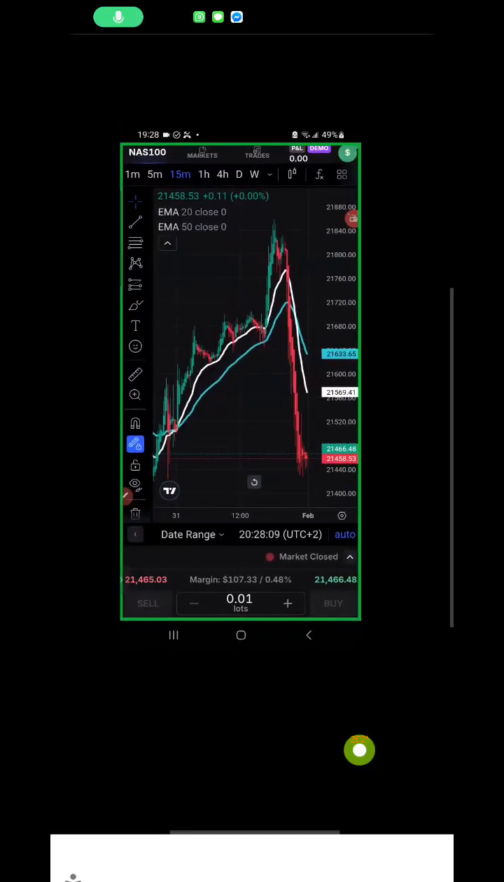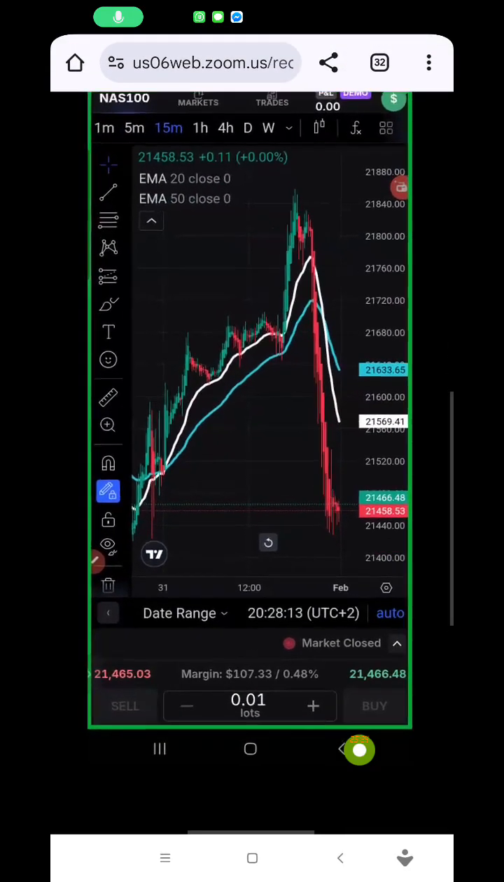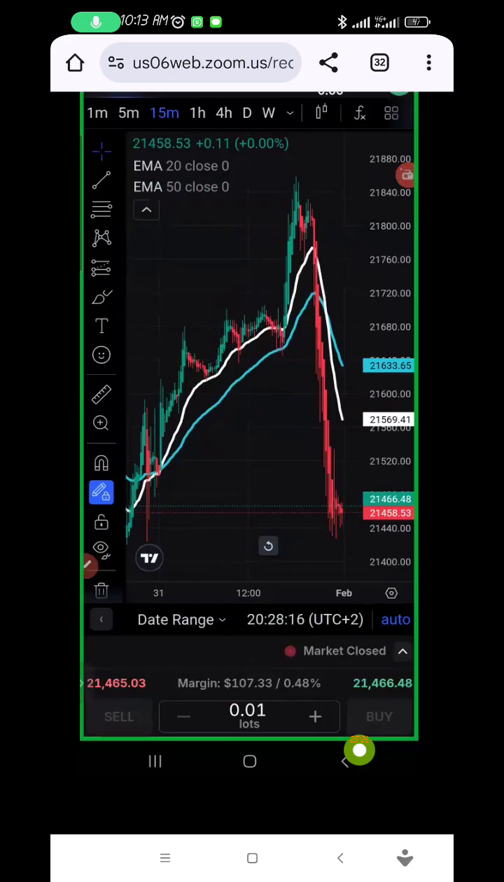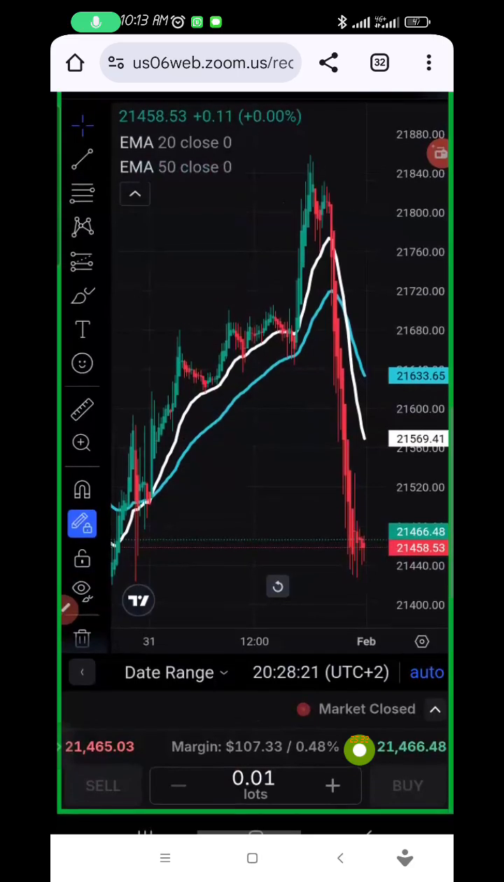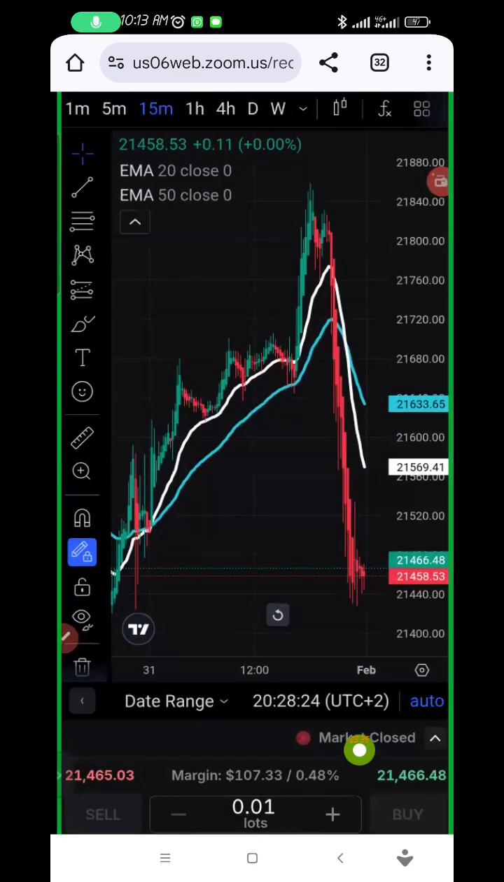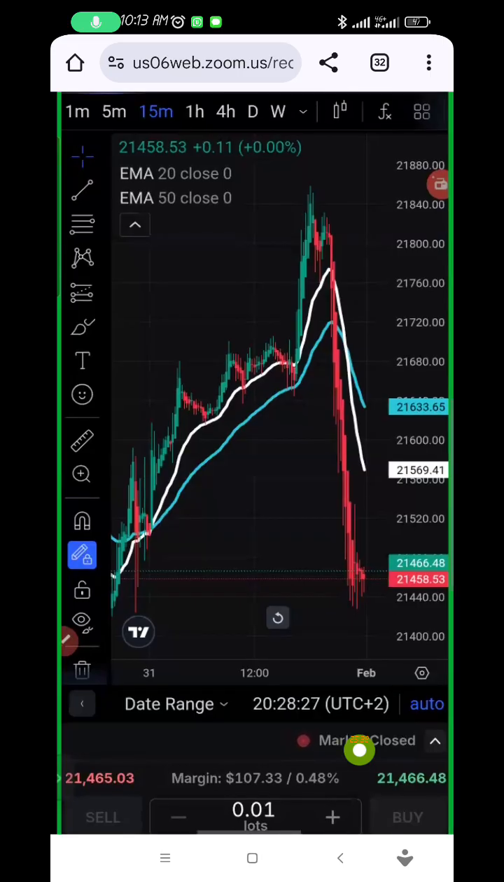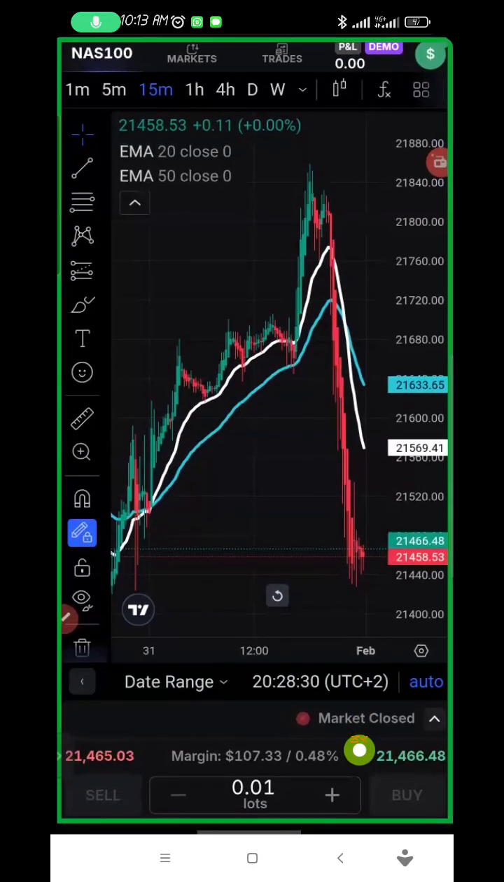But the first thing I do, okay, let me just give you the lot size that you are going to use. If you have a 10K account, don't, for any reason, even think of using more than 0.01 lot size. Important: 10K account, 0.01 lot size. I put it in the chat. Don't ever go beyond, and you're only opening one position. One. If you have a 25K account,